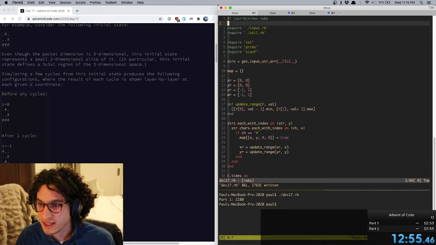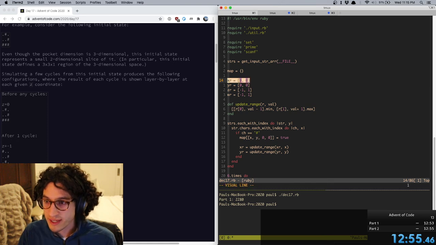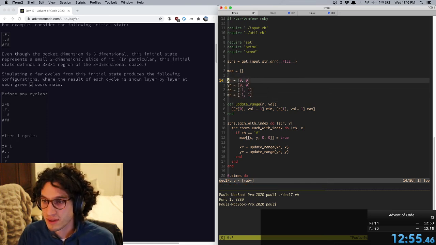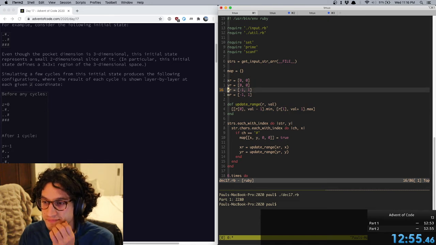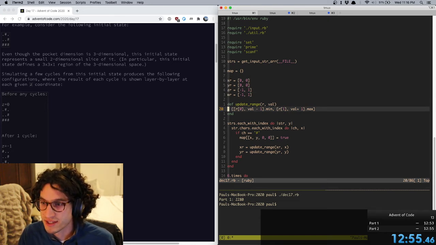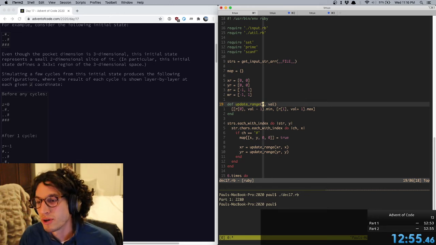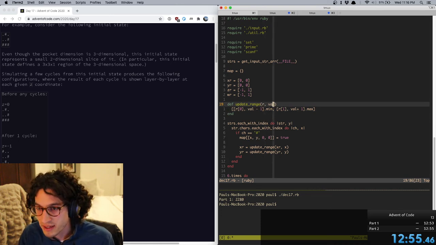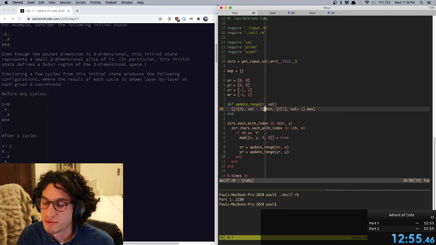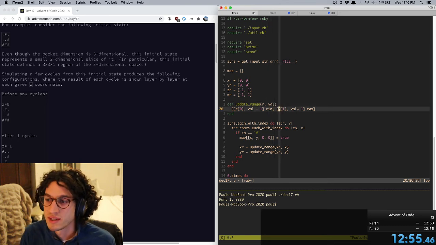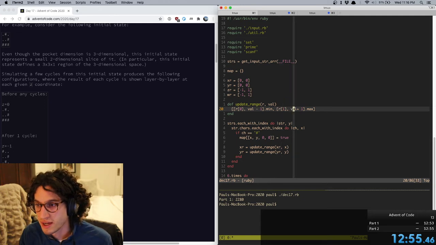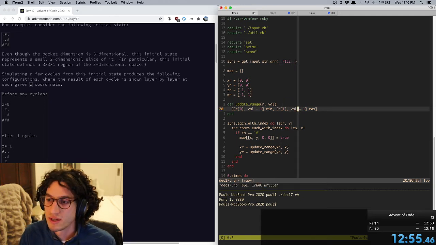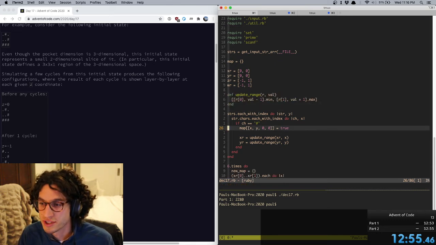And so the key thing here is that we keep track of the ranges that we're considering. I have this update range thing, which basically says, if this was our range before, like if before we were saying x is between 0 and 3, and then we have a new x at 3, then we need to consider x equals 4 the next time, because it'll grow outwards. So the new max will be the max of the end of the range and the value plus 1. So we have this update range, we initialize our map,